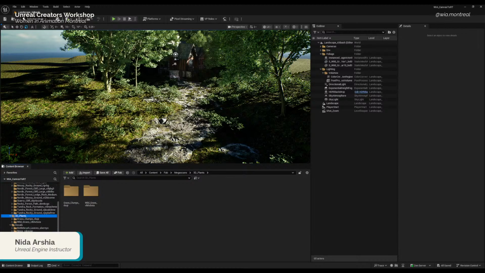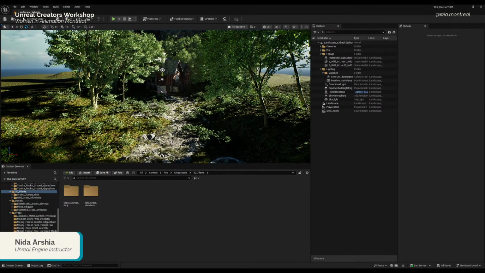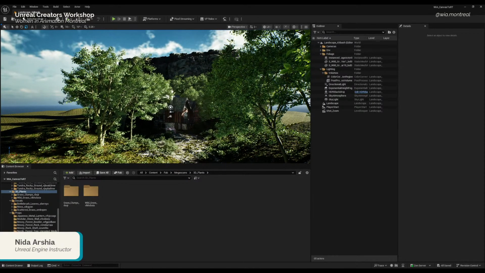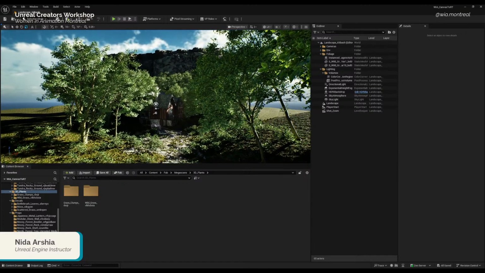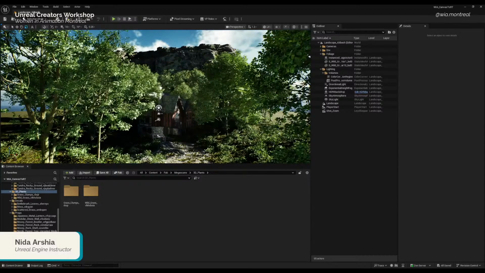So we're going to look at placing them and making this environment more detailed, more polished. Today we are going through the UI and looking at the composition in 3D. So this is the environment.